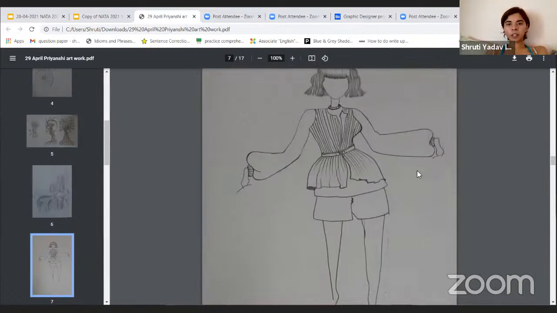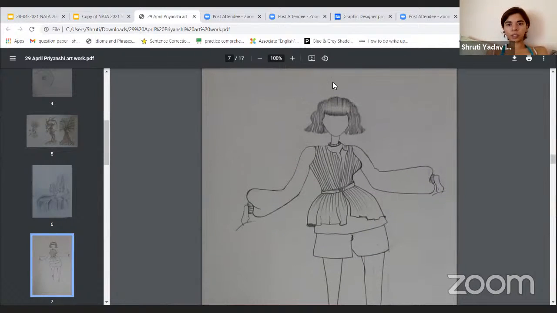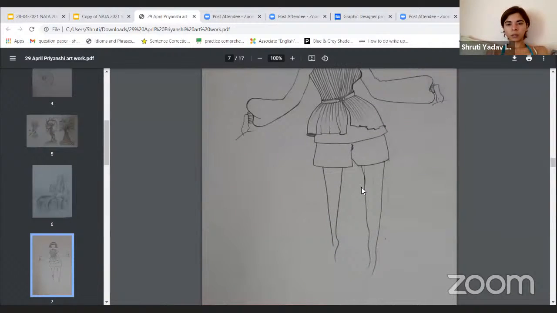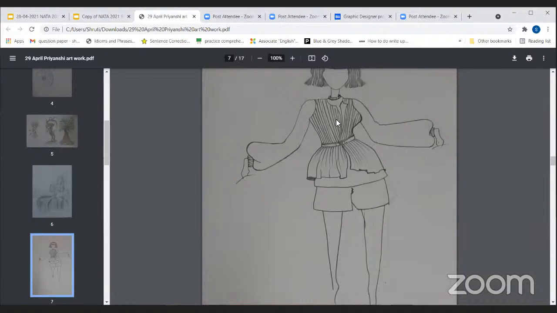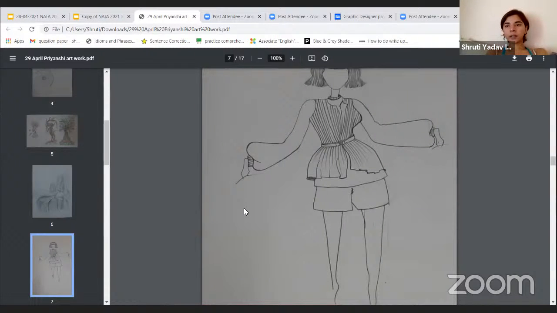How much time does it take to do a typical fashion illustration like this one? 20 to 25 minutes. Okay. So we're gonna take about 40 minutes each for the next two, and try to get more details.